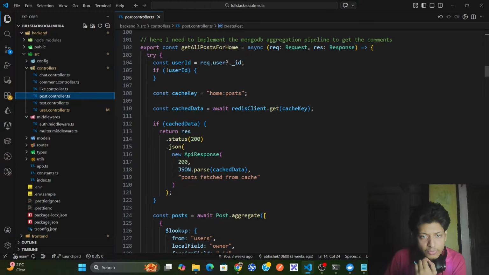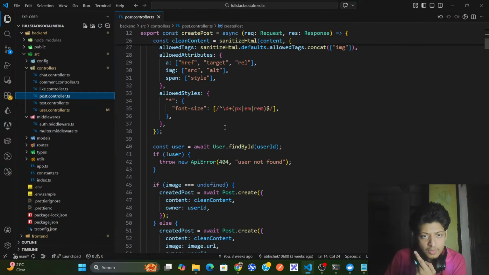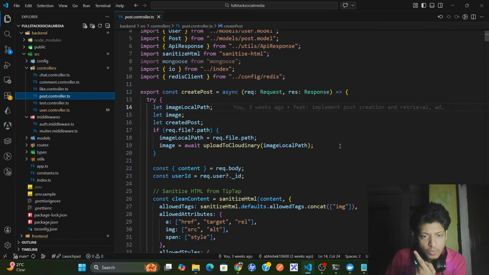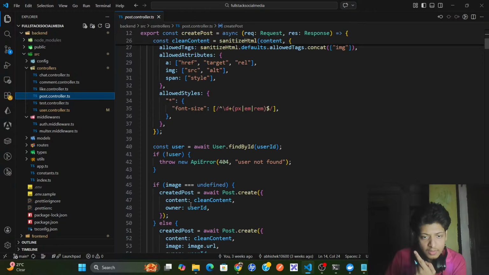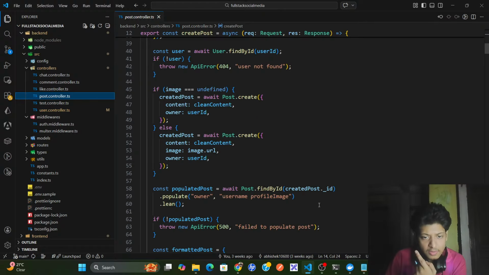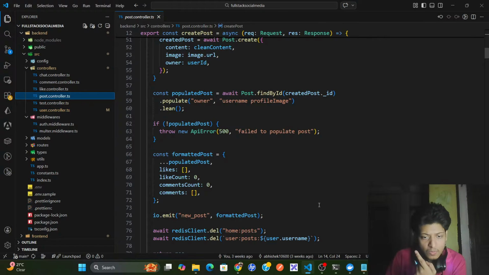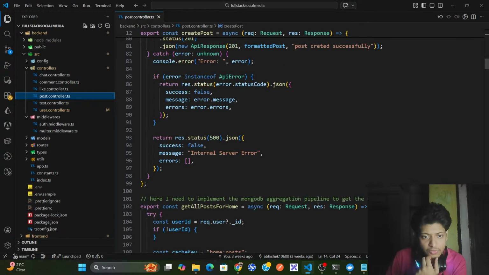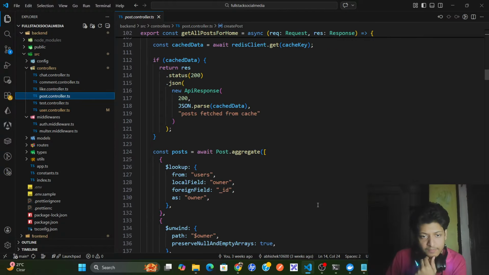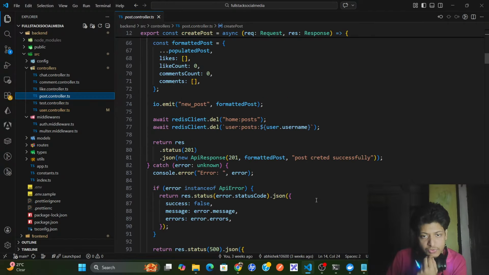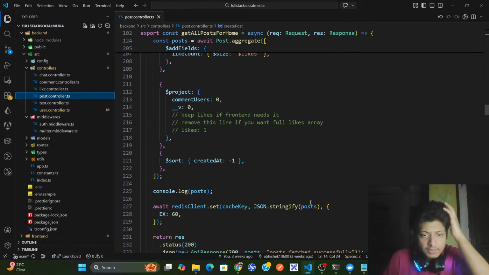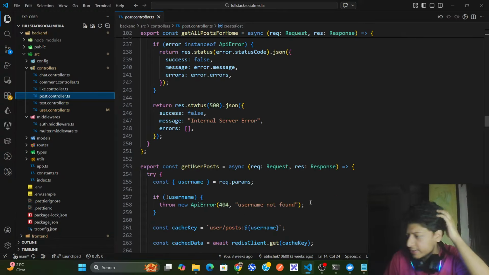It is cache key, home posts. Home posts, user posts. Okay, and get home post. Then done. Then this is user posts. Okay. Then in my get user post,